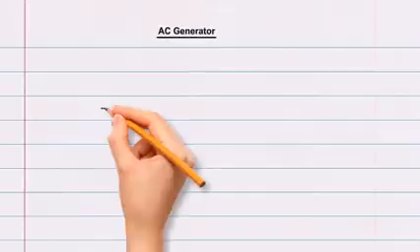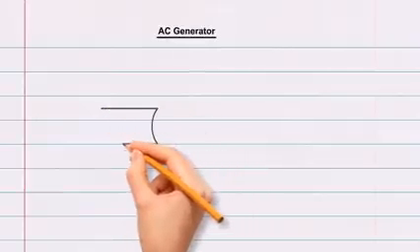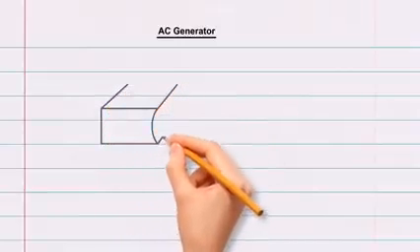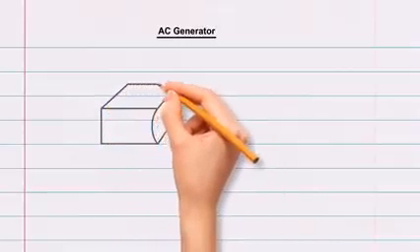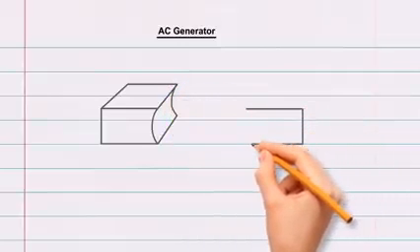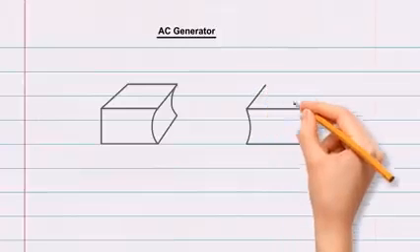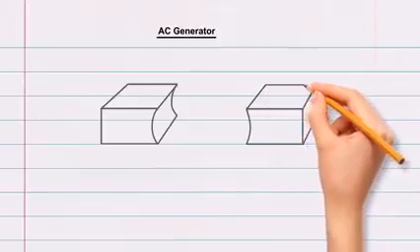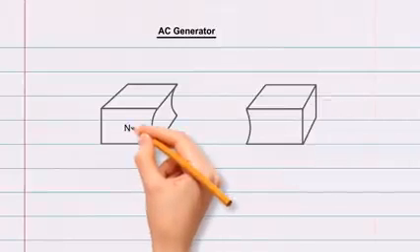Generator. Draw two rectangular boxes in two-dimensional view. Separate the two rectangular boxes with a space in between them. Name the left-hand side of the rectangular box as N, which represents the north pole of the magnet, and name